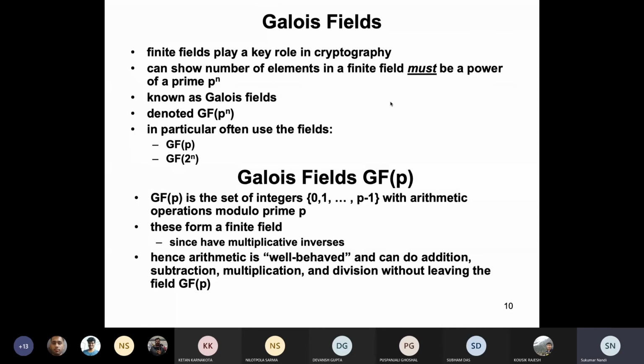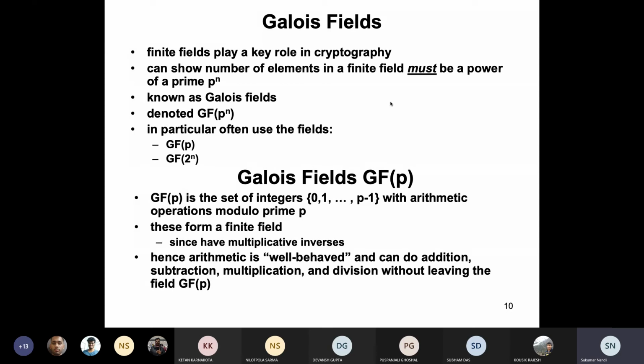So Galois was one of the persons who got an invitation from his friend to fight, and he could not say no. So what he did, the last night before the fight, he wrote a lot of mathematics in his diary, and next day he fought and he died. But the diary where he wrote it was a very big thing, and we reached the field theory, and that is called Galois field.